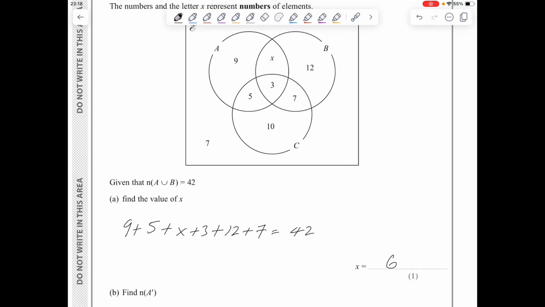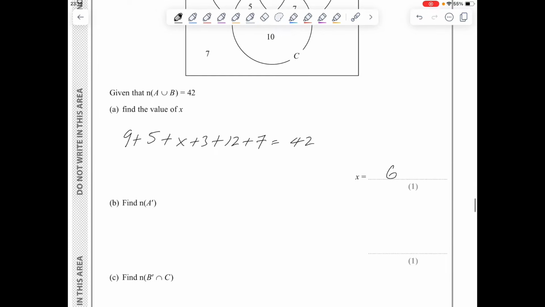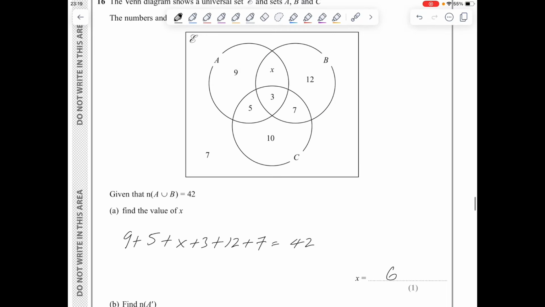For part B, I want the number of elements in A dash. Now A dash is everything except this, therefore I will have 7 plus 10 plus 7 plus 12, which is equal to 36. And for part C, the number of elements in B dash intersection C, this is the region